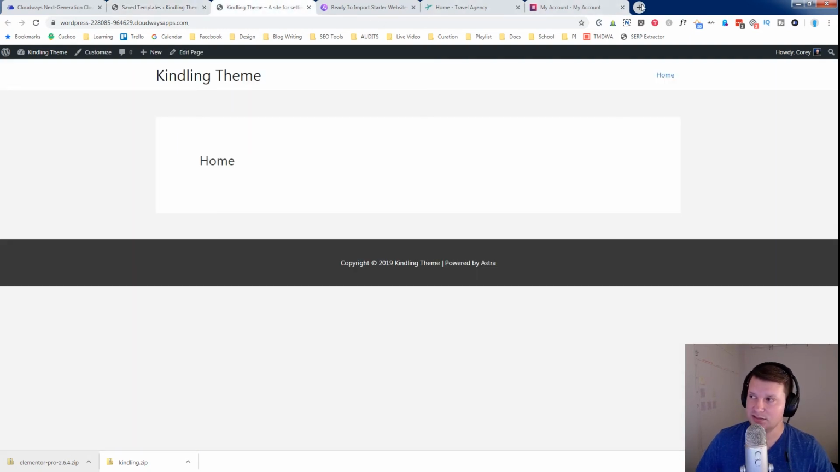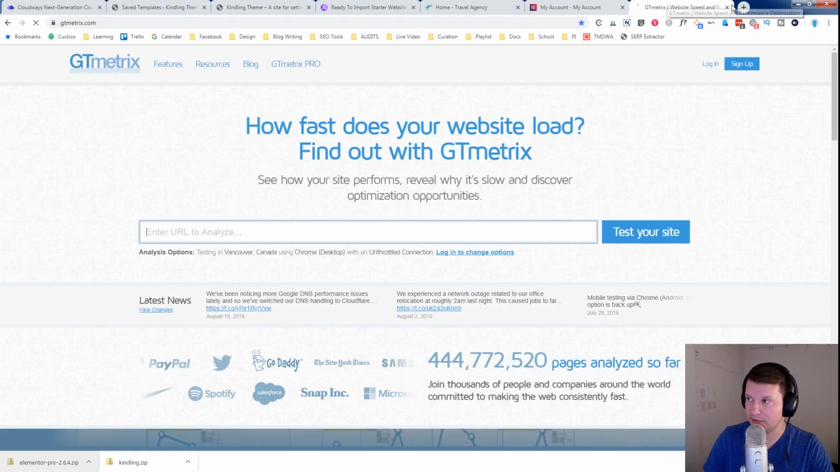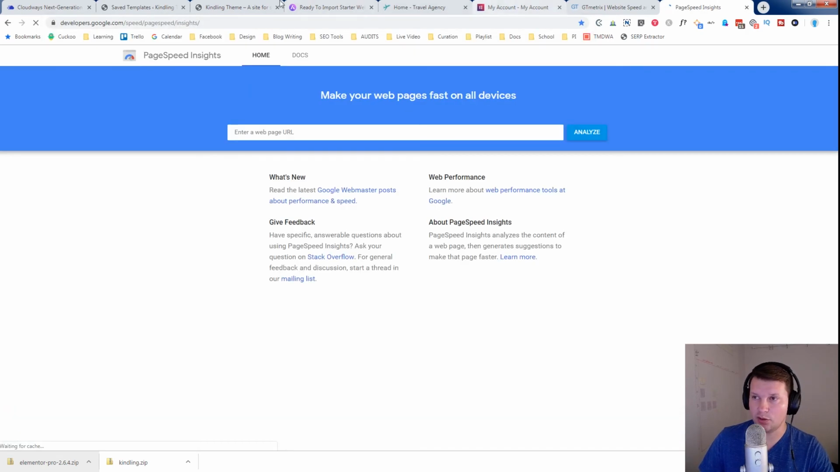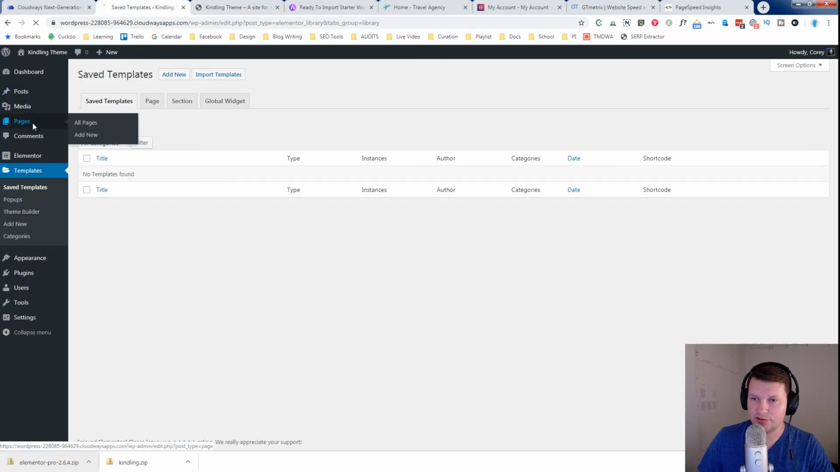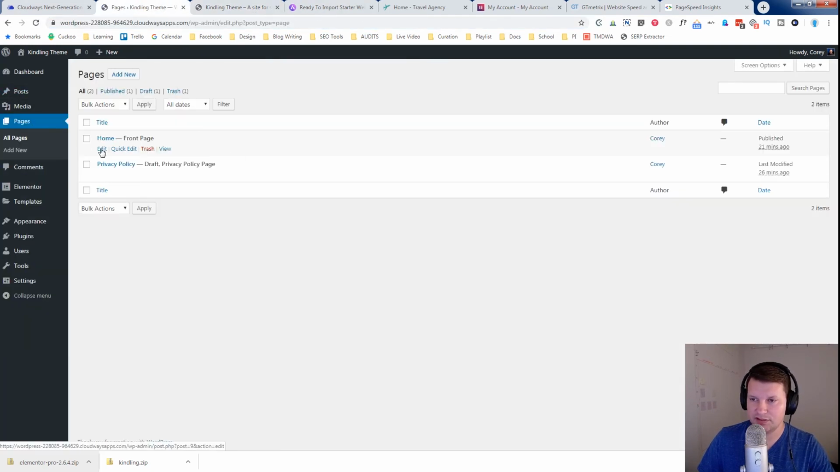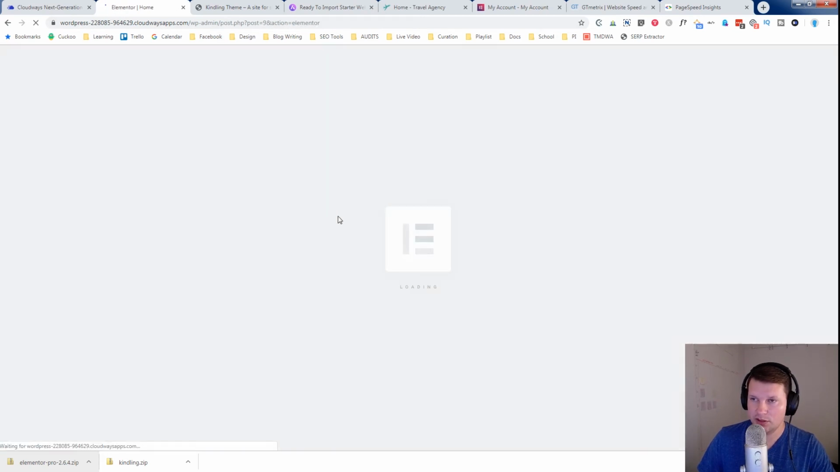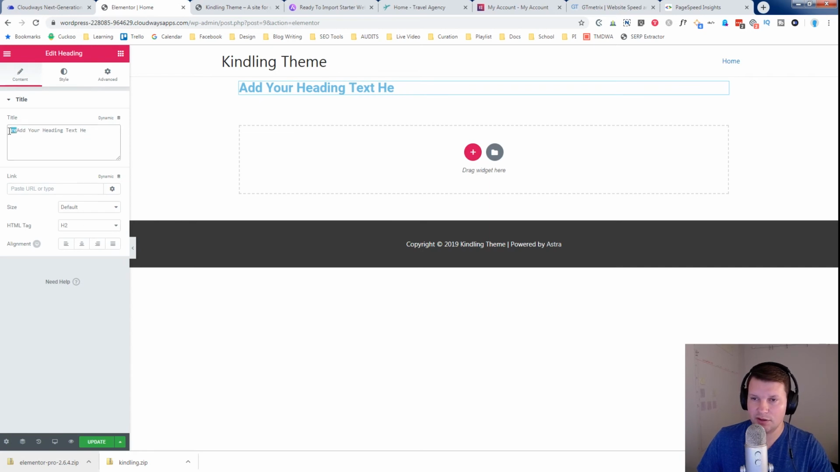Let's do a quick test. We'll do GTmetrix, and we'll do PageSpeed Insights, just so we can see what this looks like out of the box. We've got Elementor installed. I guess we're not using Elementor on that page yet. Let's do that just to be fair. Let's hit edit, and then let's click edit with Elementor. And then let's add a simple heading. We're not even going to edit the style or anything right now. We're just going to say